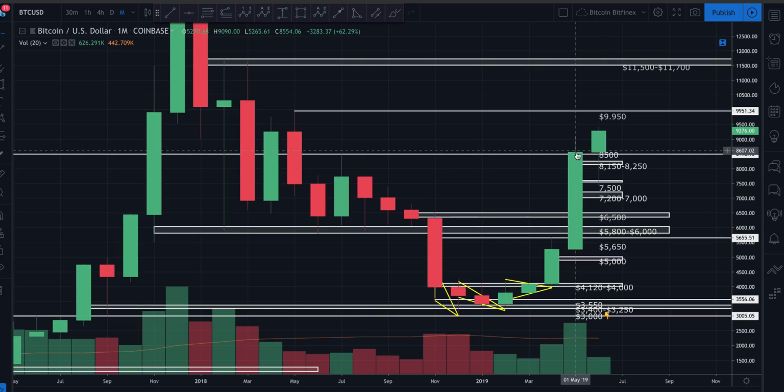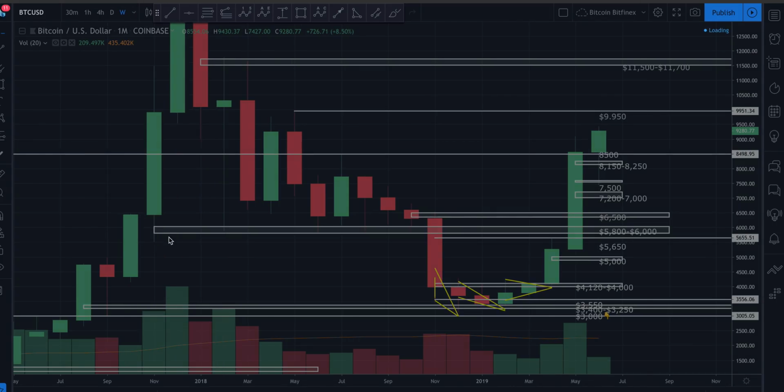I mean, just looking at the chart, could anything happen? Yes. Could this thing come back down to $2,000? Yes. Is it probable? I don't think so. I don't think so. So if I continue to move in here on the weekly,